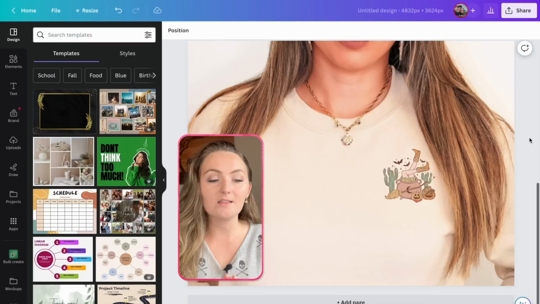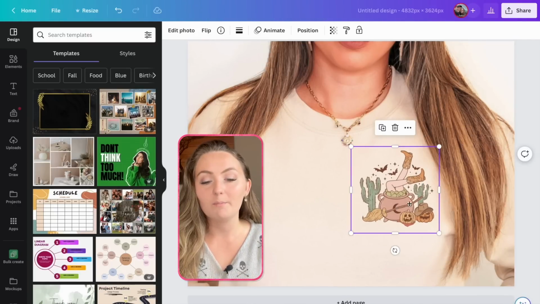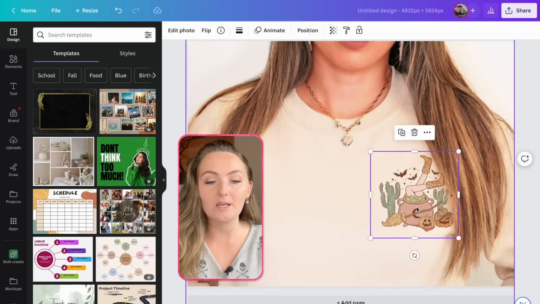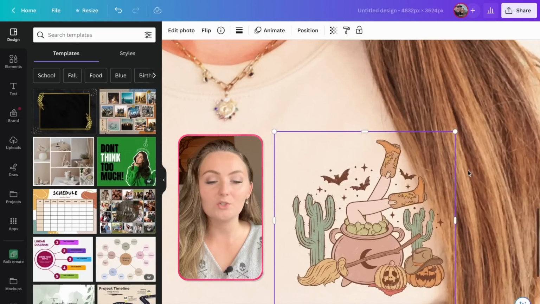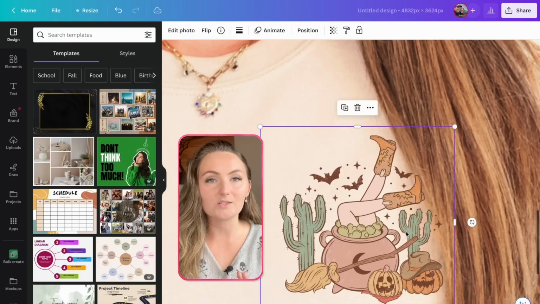Now if you make mock-ups for your images where you're putting your digital design on a product to make it look more realistic in your product photos, then this is going to come in so handy, because we'll take this mock-up for example. Let's say you want to make a pocket design, but the person's hair is a little bit in the way of your actual image. I'll show you exactly how to put your design underneath it to make it look more realistic, because if we zoom in on this,